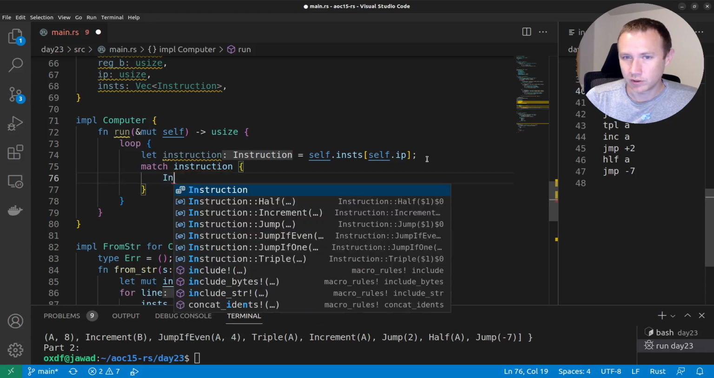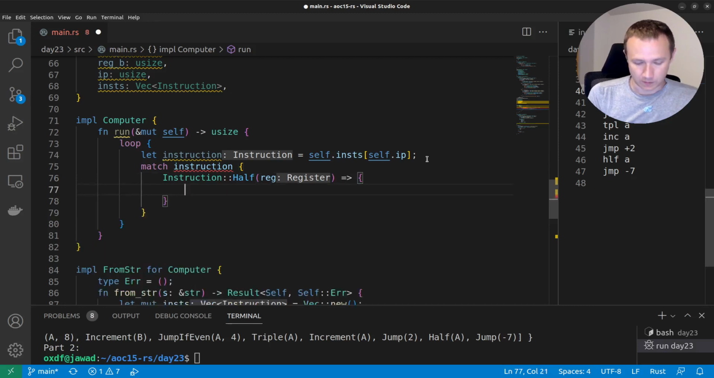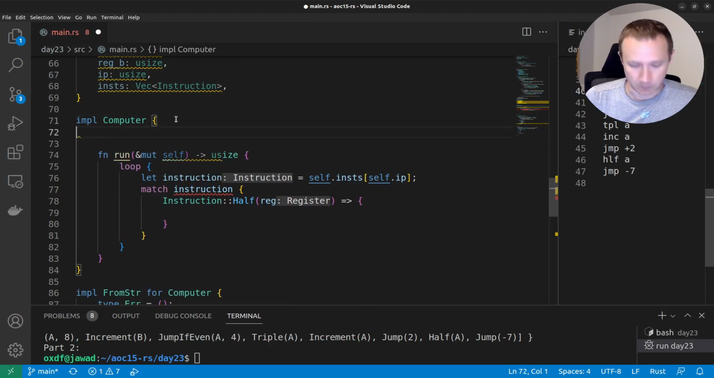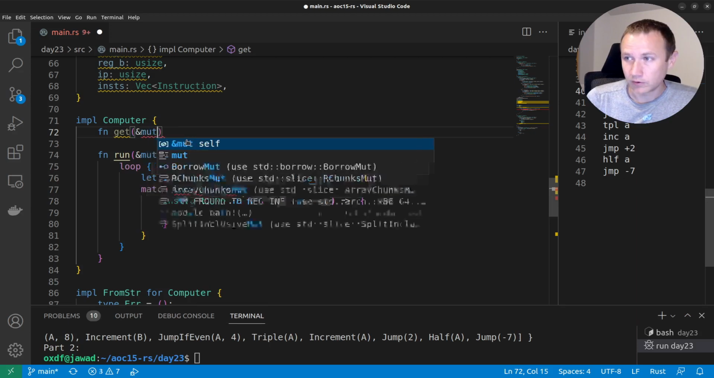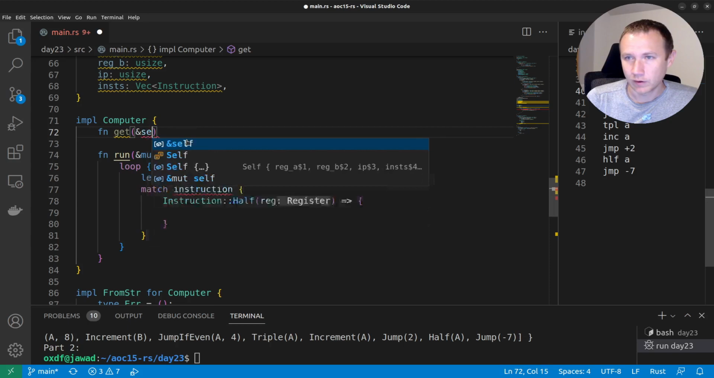And we can say instruction half reg. So if we match that, we're going to. Now we need a way to take our register, which is like register A, and get back the computer's register. Does that make sense? So what we're going to do here is we're going to come up here and say fn, and we'll call it like get, and it's going to take mutable. I don't know if we need mutable. Let's just try self and